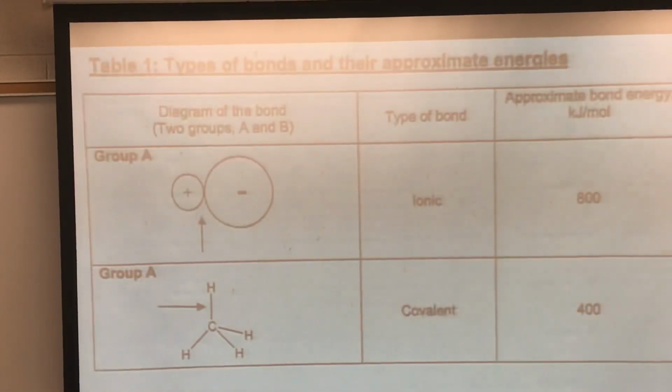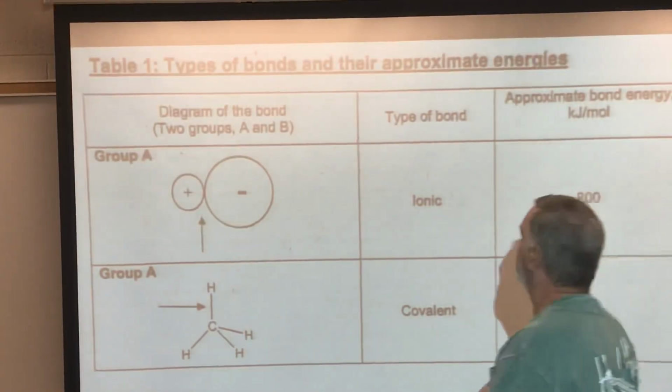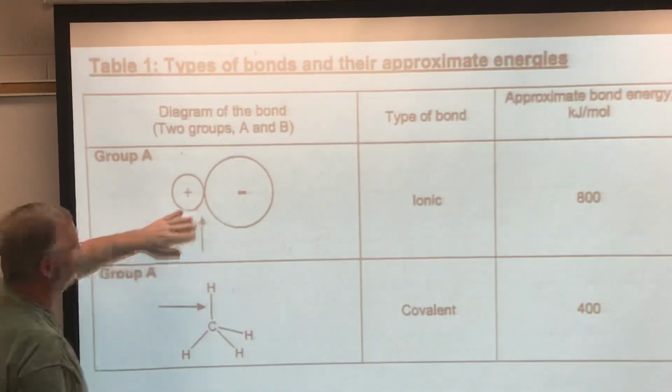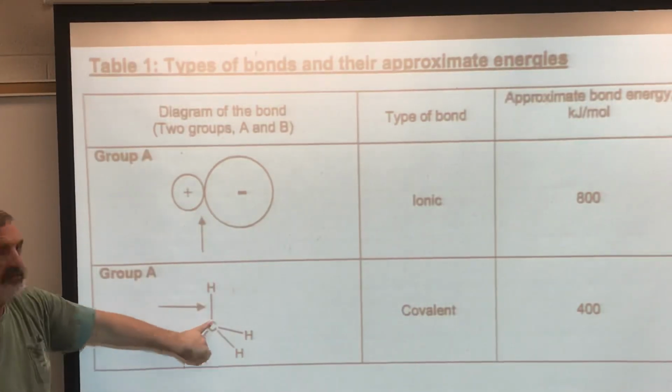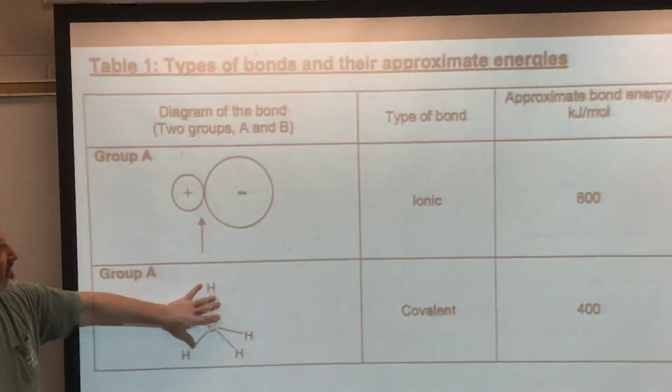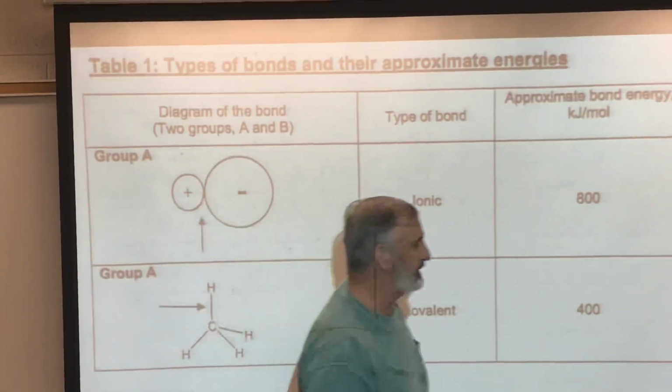All right, so now when we look here, this is an ionic bond obviously, and this is a covalent bond between the carbon and the hydrogen. And then when we go to the next page,